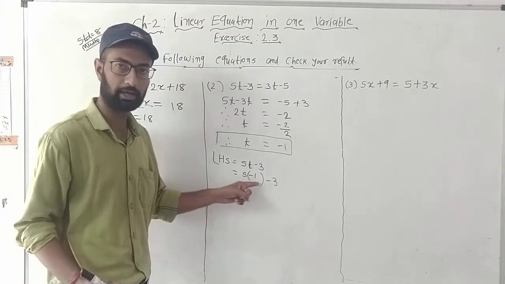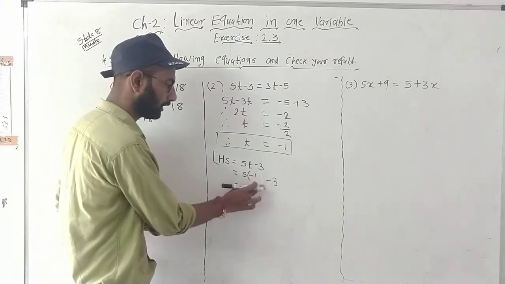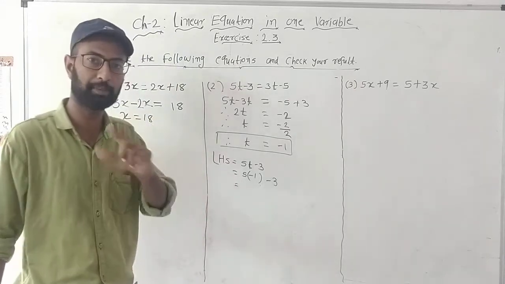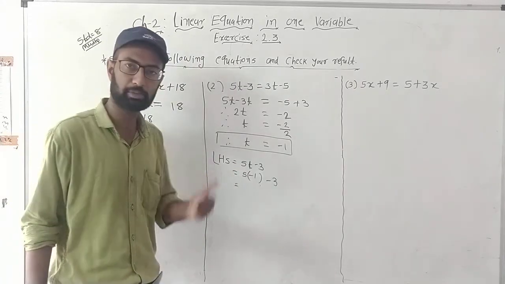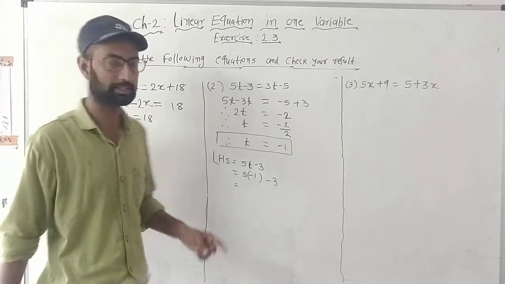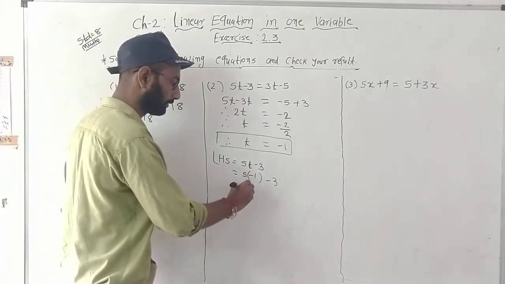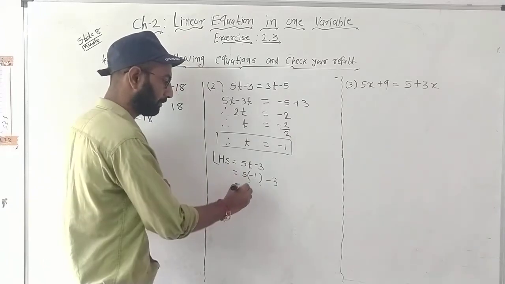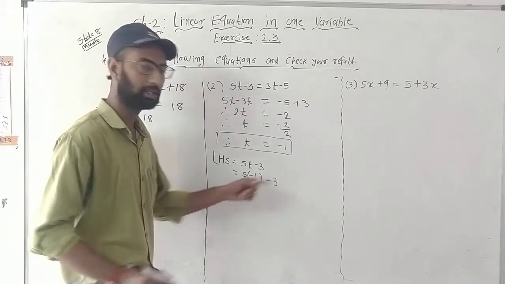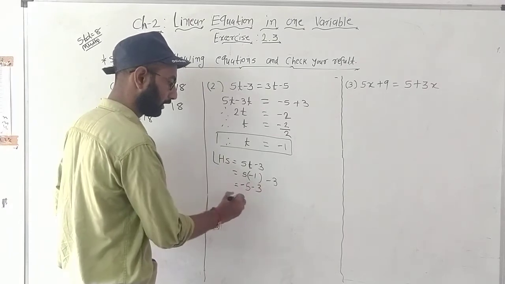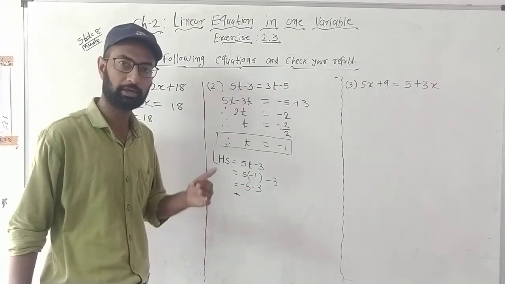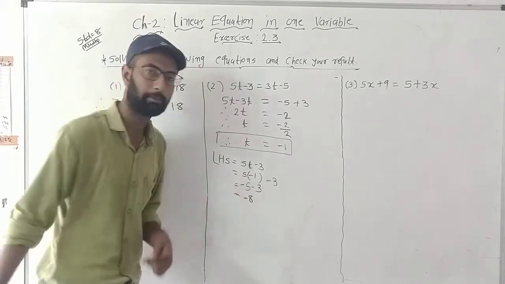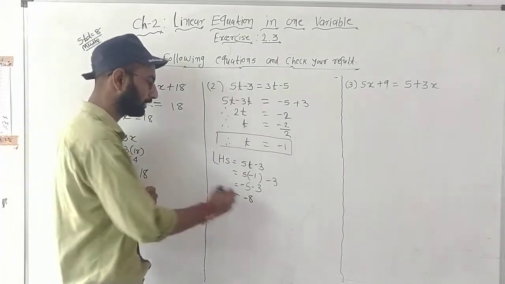So 5 1s are 5. Here you can see the relation of 5 and t. The relation between 5 and t is multiplication. तो 5 और 1 के बीच में रिलेशन कौन सा होगा? मल्टीप्लिकेशन. तो 5 वन जा 5, एंड अगर एक साइन माइनस है दोनों में से तो हमारा आंसर रहेगा माइनस 5, minus 3. -5 -3 कितने हो जाते हैं, माइनस माइनस हो जाते हैं प्लस, 5 + 3 8, लेकिन साइन रहता है हमेशा माइनस की. So I am getting here the value of LHS is -8.